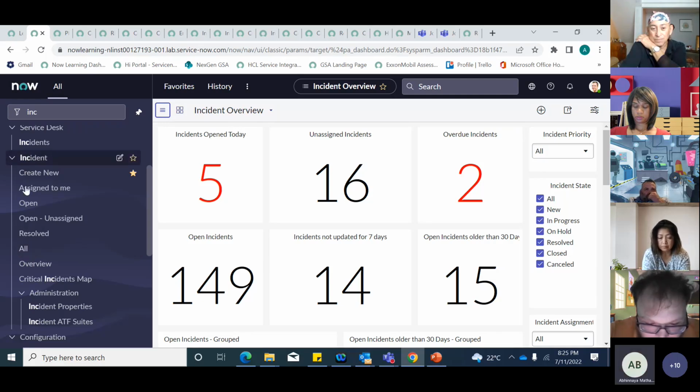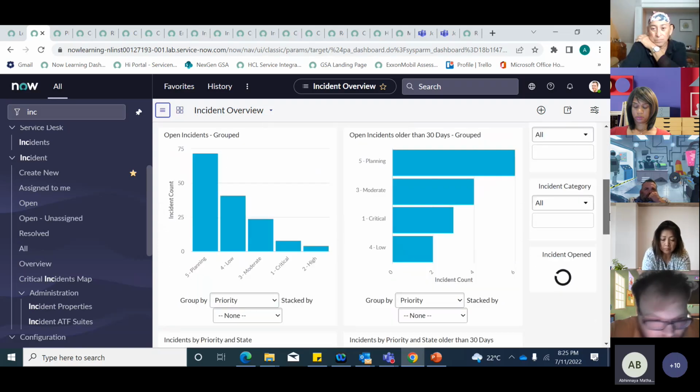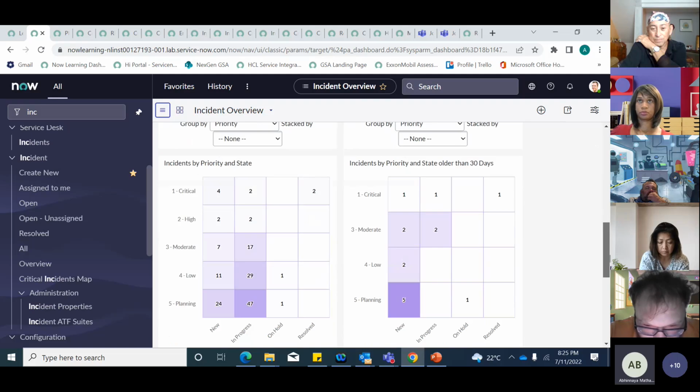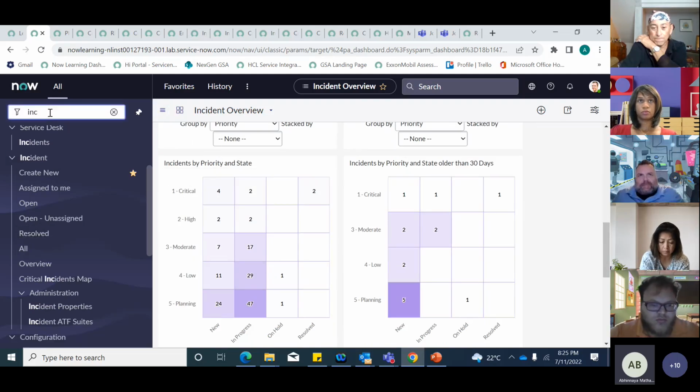Basically, in the incident, when you click on the overview, it will take you to the incident overview dashboard. This is the dashboard, and it has out of the box certain reports. It's like open incident for a particular group. So it's grouped by priority. And this is also incident older than 30 days. For example, I would like to have, so this is another one. So let me create